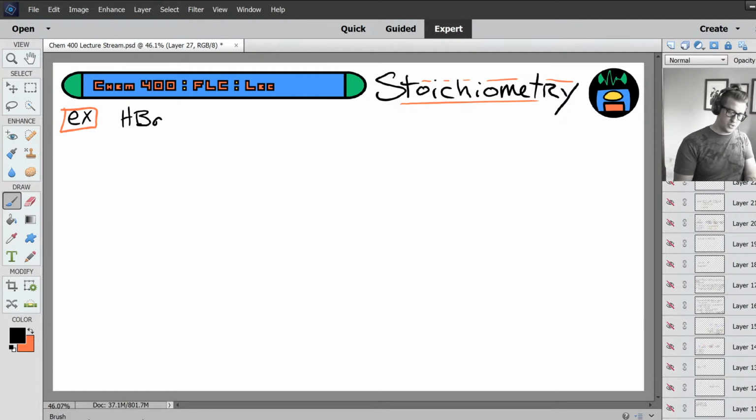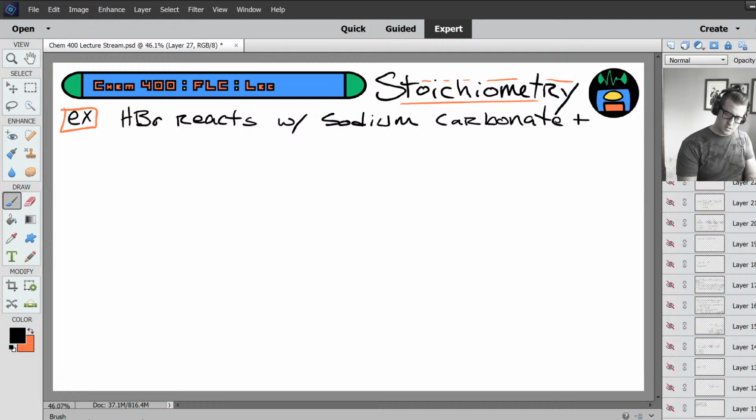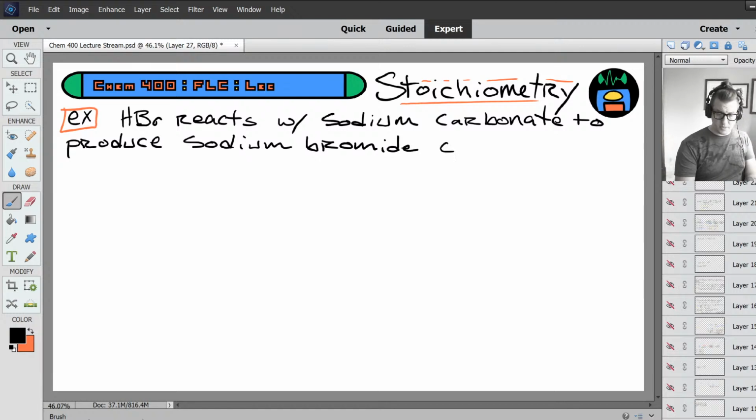That'll be coming a little later this chapter, so I'm just going to tell you HBr reacts with sodium carbonate to produce sodium bromide, not bromine, bromide, carbon dioxide, and